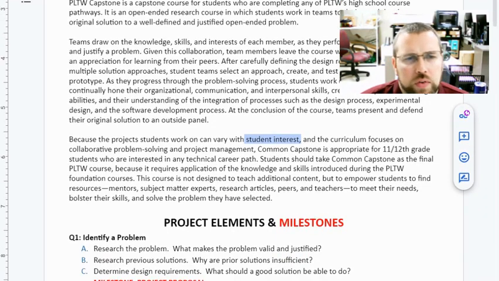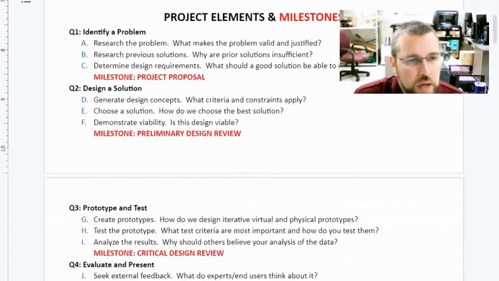Open to 11th, 12th graders, you can take it potentially twice. If you take it in 11th grade, you can take it 12th as well, because the problem will be different. Overall,